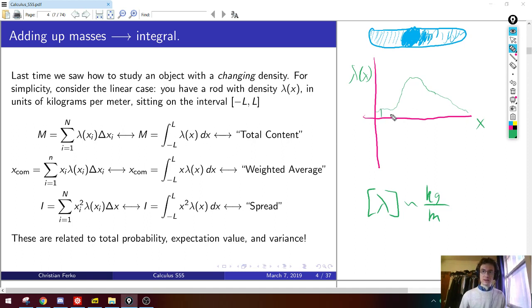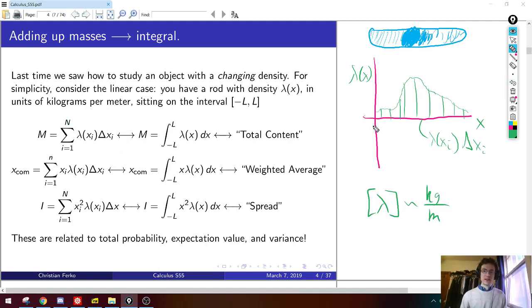So the point of last time was if you chop up these regions into little pieces like a Riemann sum or an upper or lower sum, the way that we're used to before, you might say something like each of these is a contribution of a little mass lambda at a point xi times the width delta xi, because that gives you the mass of this chunk. And then adding up all those lambda of xi's at delta xi should give you the total mass.